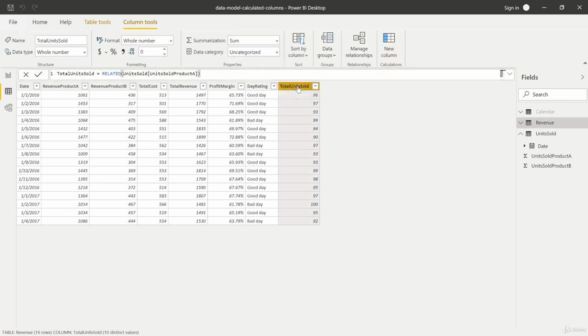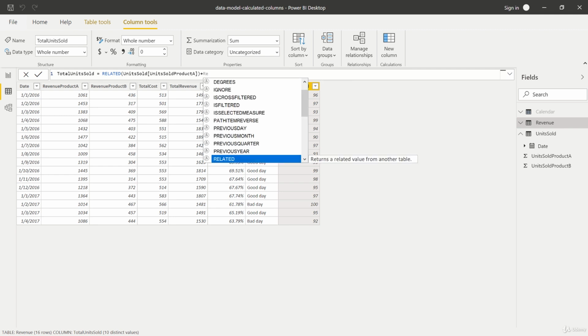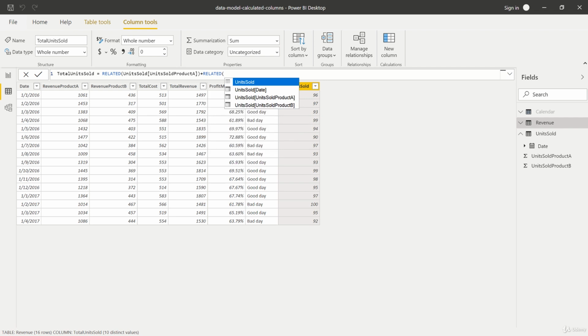However, I would like to have the combination of both, so units A and unit B sold, and you saw that related only allows us to enter one value here. What we can do though is we can again use our plus sign here to combine these two different values from the two tables, and we can add a second related function here, now relating to the units sold of the product B, and don't forget to close the parenthesis.